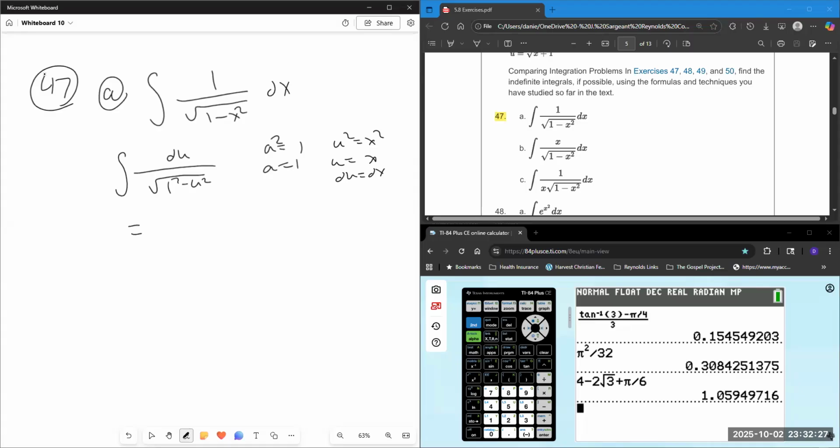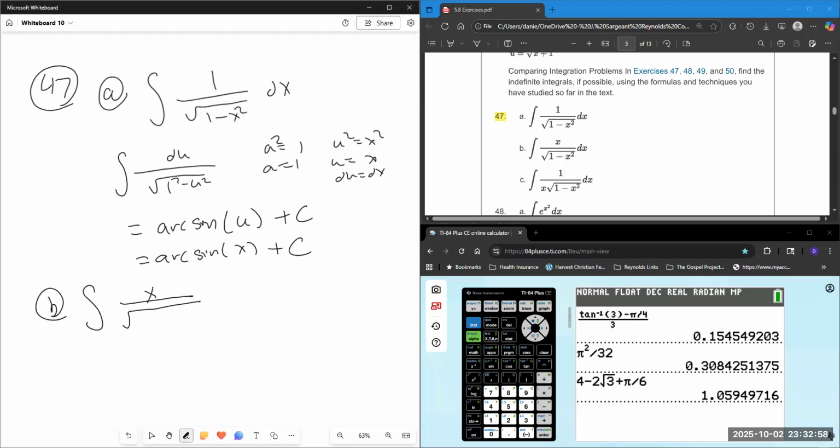So this will be 1 over 1, and u over 1 is u, and I do arc sine. Arc sine of u over 1 is u plus c. This will be arc sine of x plus c for part A. For part B, we have the integral of, and they put an x in the top here,